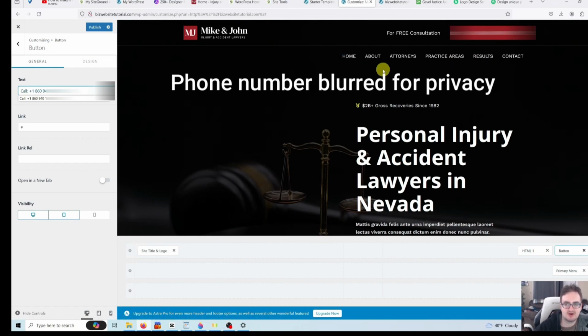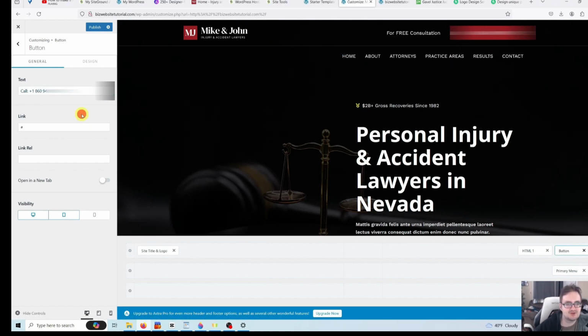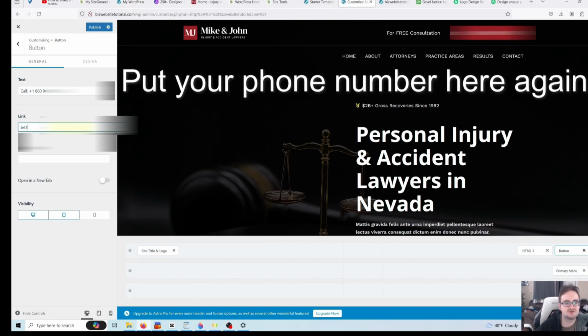It's so awesome how easy it is to use with WordPress. The next thing we're going to want to do is where it says link, we're going to want to erase the hashtag, because that means when someone clicks this button, go nowhere, and that's not what we want to do. So we're going to want to erase that, type the word tel, T-E-L, put a colon, and then we're going to want to put the number 1 for the country code. If we're in the US, put number 1. If you're in a different country, put your country's country code. Then you're going to want to type in the phone number for your business. So I'm going to type 860